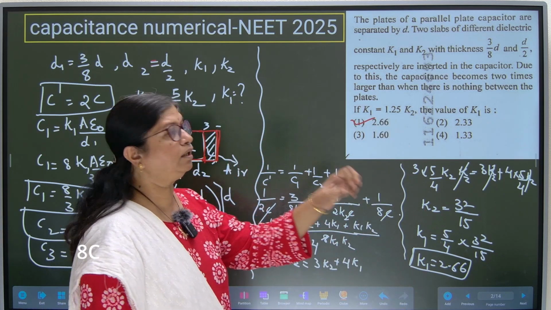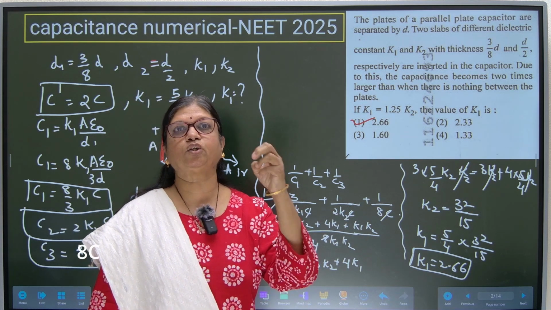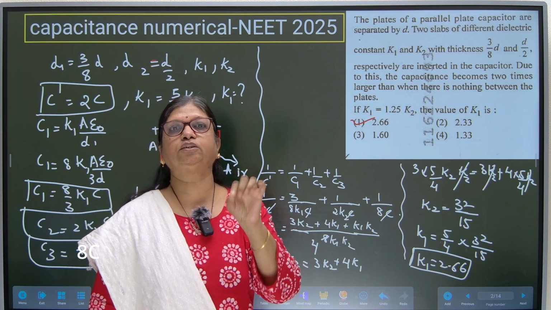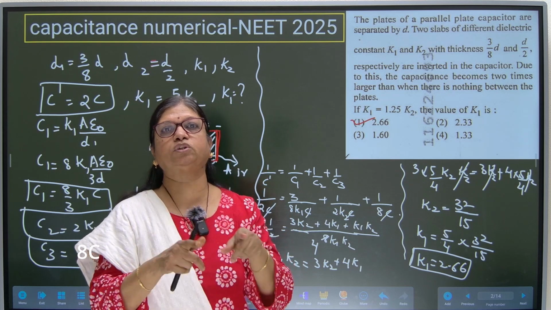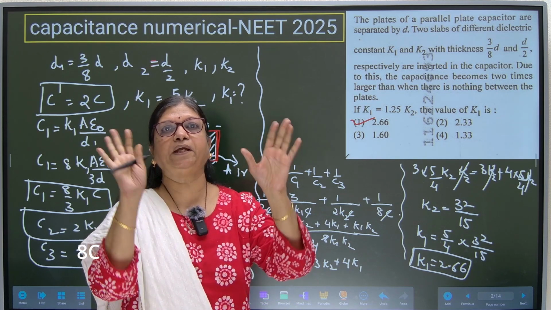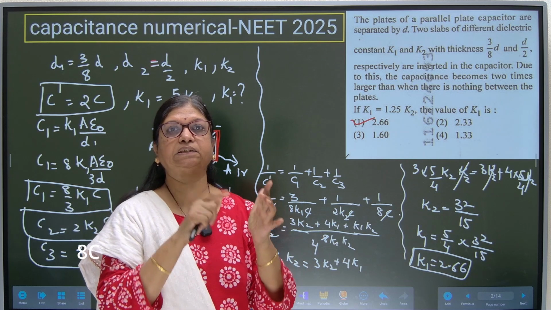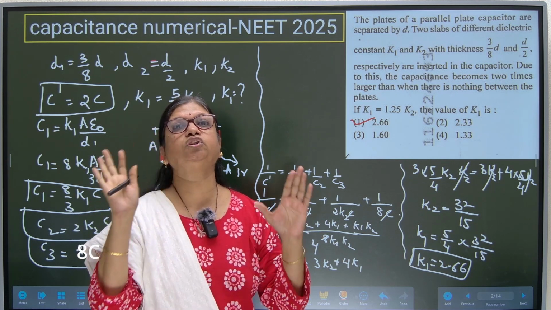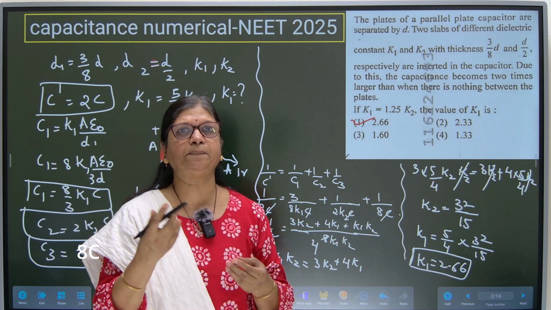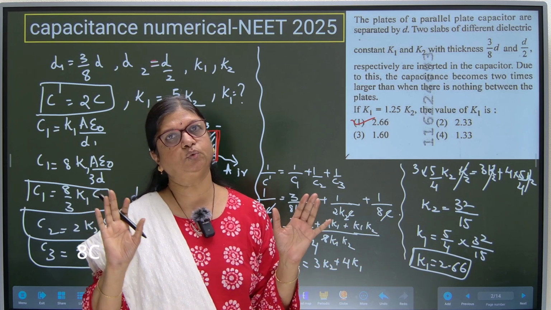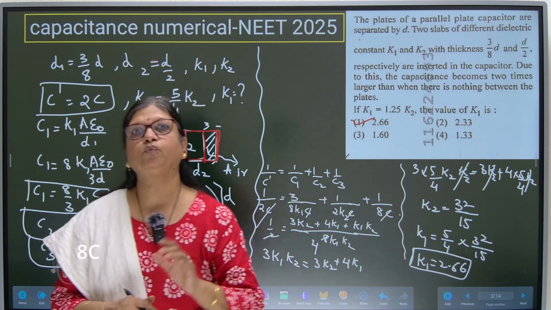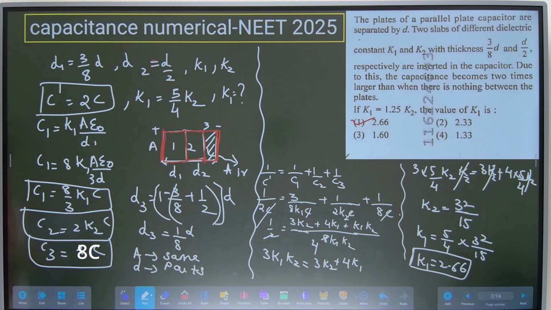Fine. So here a little bit of extra logic has to be applied: given 2 slabs does not mean that the space is over. Whether leftover space is there or not, you have to check. Rest of everything is simple maths and the formula which you know. So just take a pic of what we have done just now and analyze what can be done faster in this situation. Take a pic. Fine.